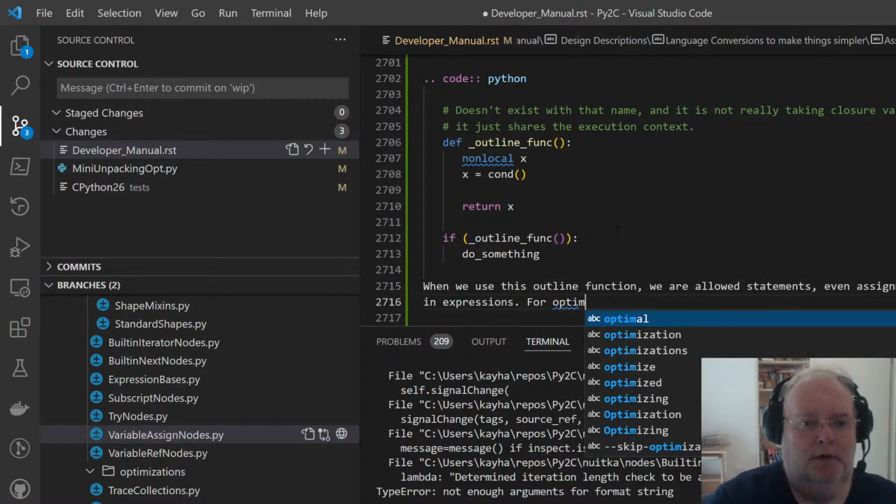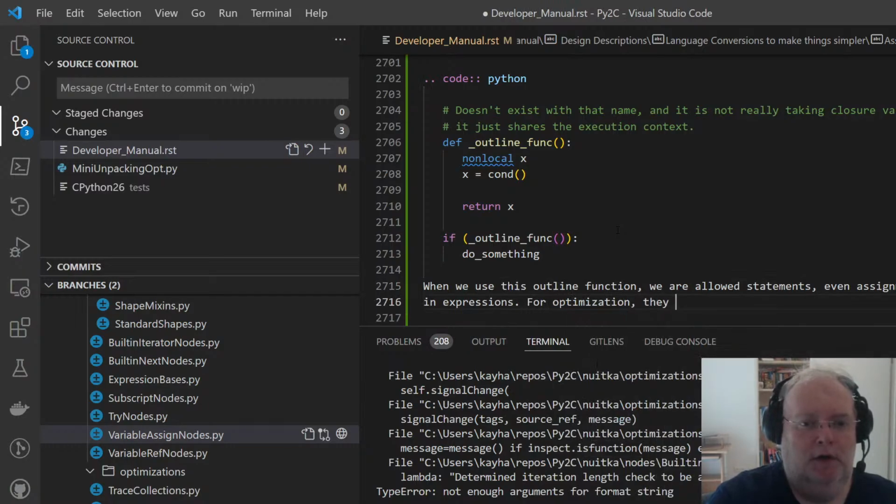For optimization, they of course pose a challenge to be removed.